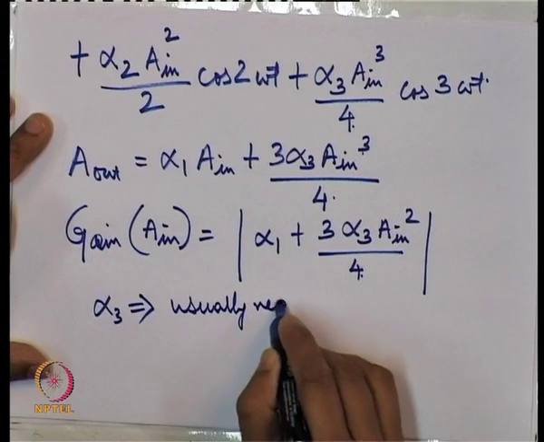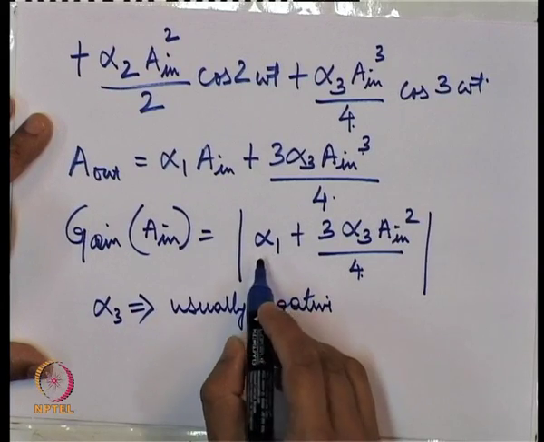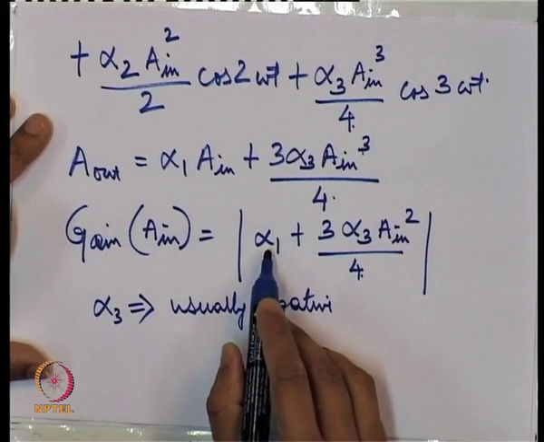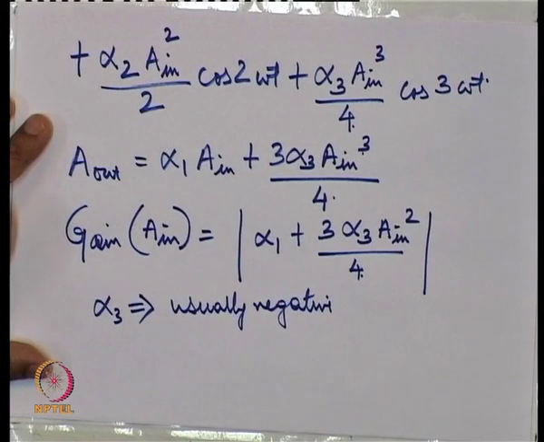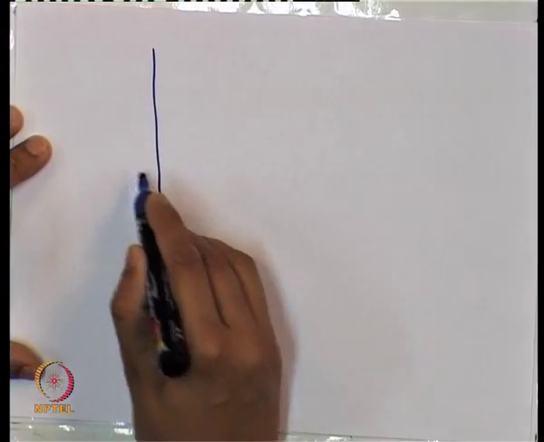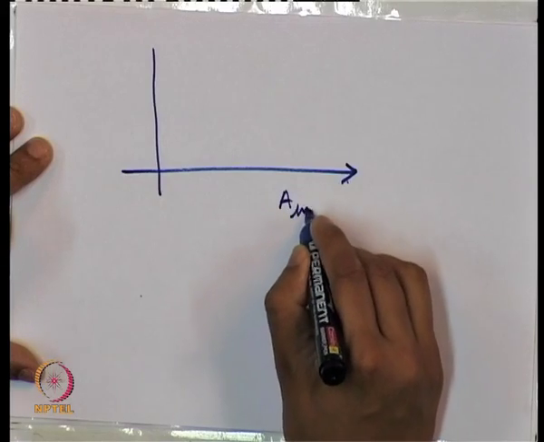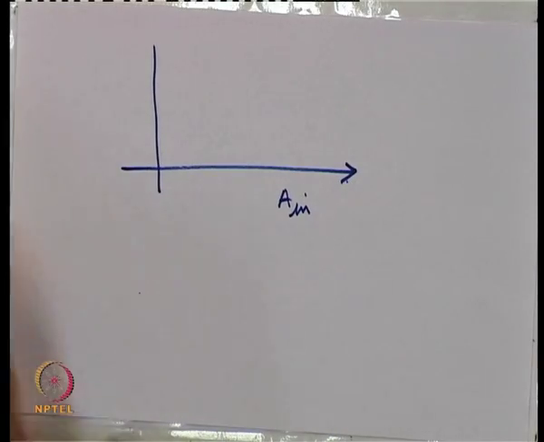If it is usually negative, then you see with increasing A_in, this component will become more and more negative, and it will subtract from this alpha 1, and as a result this gain will follow a curve like this with increasing amplitude. The gain, if I use the red pen,